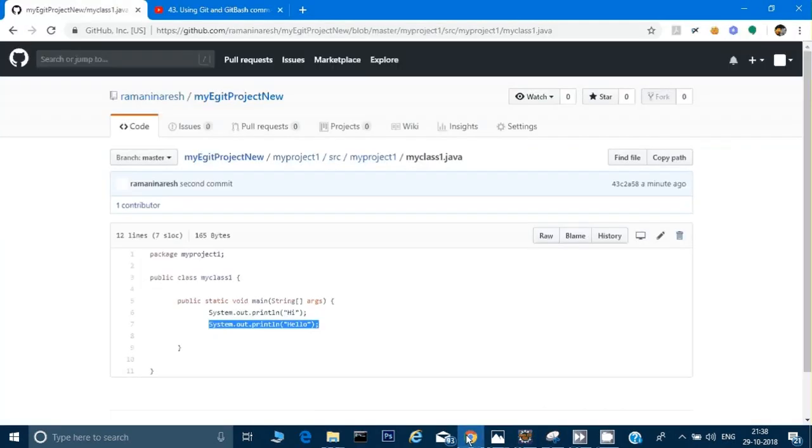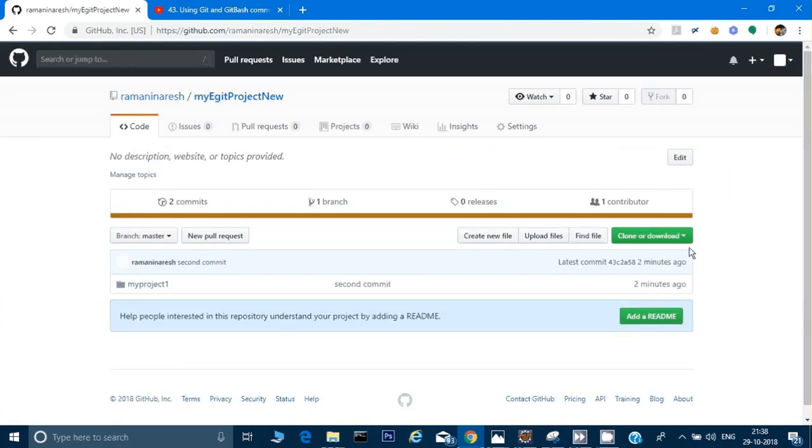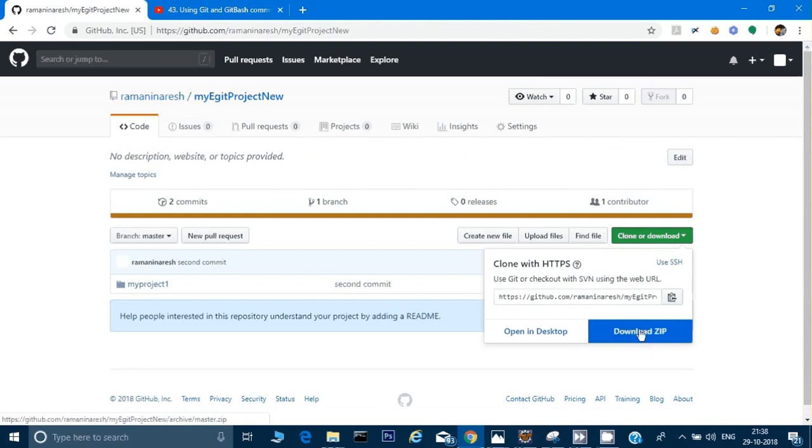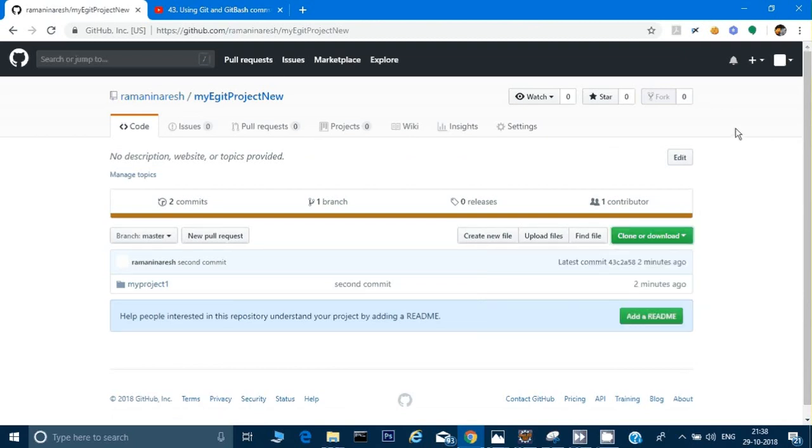Maybe you have gone to the GitHub site, and here you click on clone or download, and you click download the zip, so that your folder will already be there. So there are many ways through which you can download a project onto the computer. Okay, but I'm telling you the simplest and the shortest way through which you can import any project from the